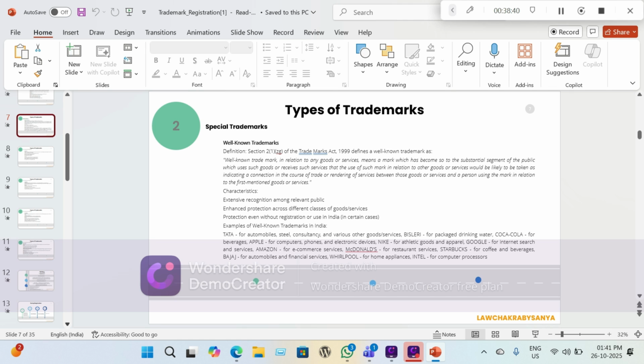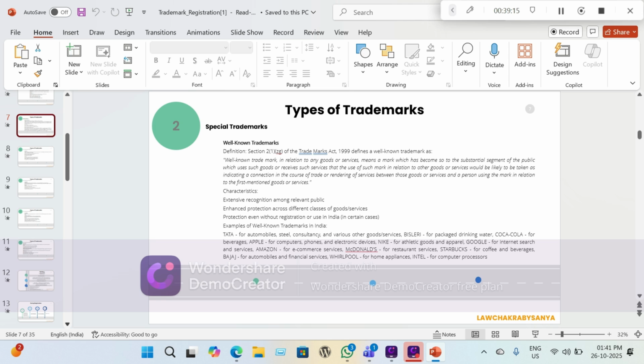trademark. And that is why, even though Nike is not selling any earrings, they will still get protection if they decide to sue me, or if they decide to take any cease and desist legal action against me. They are very likely to succeed because it's a well known trademark. They don't have to justify which class or which category or which type of trademark they own, because they are well known. So that is why it's very, very important to understand well known trademarks, and any